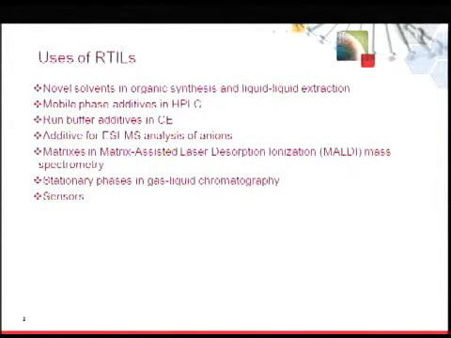And again, the focus of my three areas: as an additive for ESI mass spec analysis of anions, as matrices for matrix-assisted laser desorption, MALDI, mass spec, and as stationary phases in gas chromatography, and then finally as sensors.